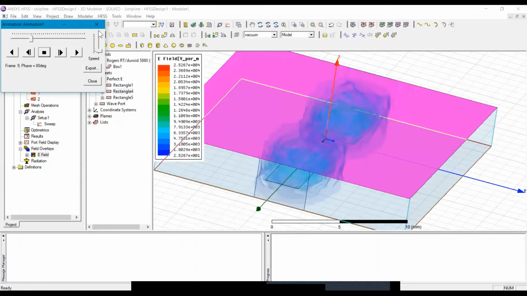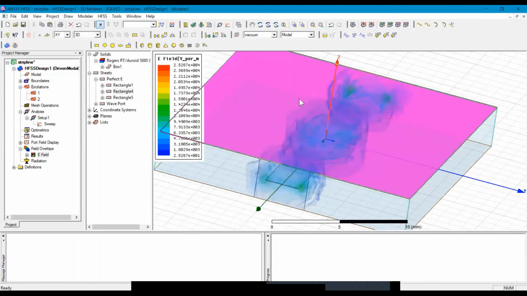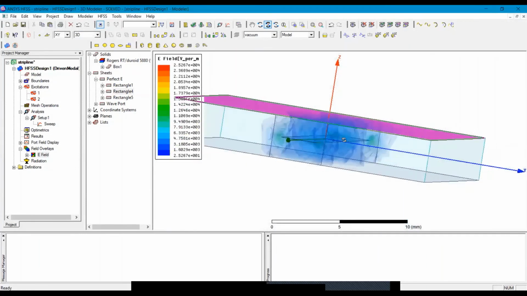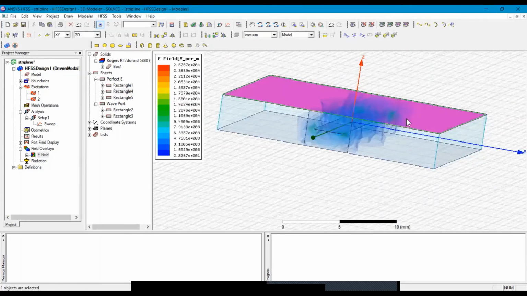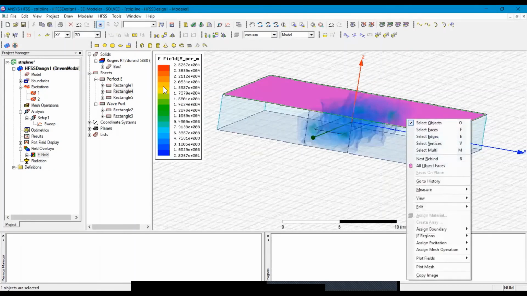We can also plot the vector electric field here. So it will give us more information. Here I am first giving some transparency to this material.